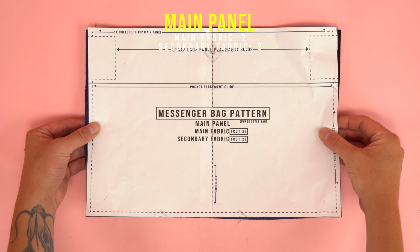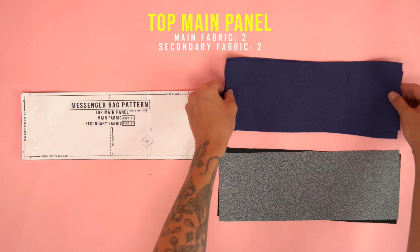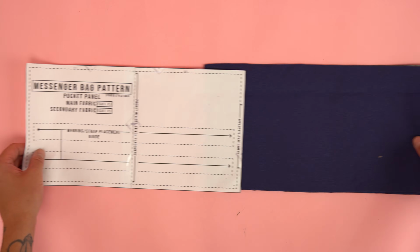4 main panels, 2 cut out of your secondary fabric, and 2 cut out of your main fabric. And lastly, 4 top main panels, 2 cut out of your secondary fabric, and 2 cut out of your main fabric. Moving on to construction, we're going to start by grabbing the pocket panels, lay the panels out with right